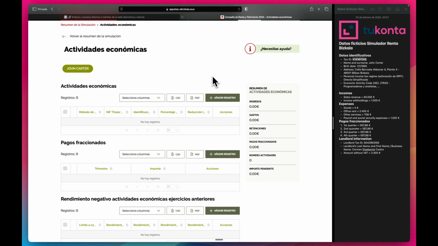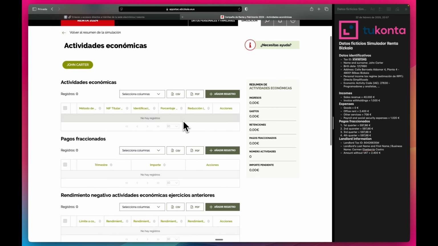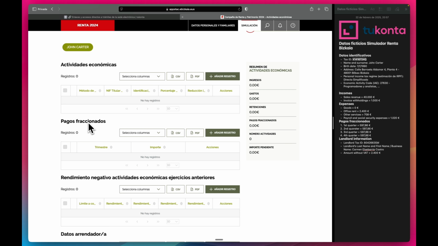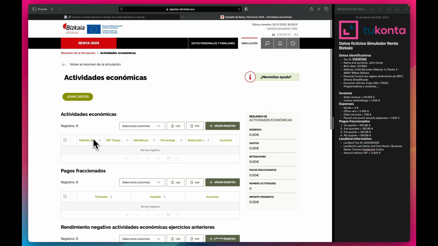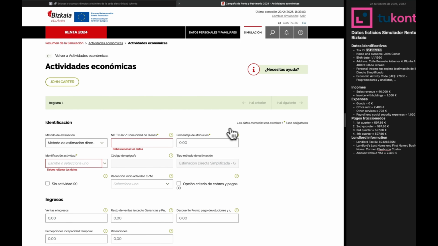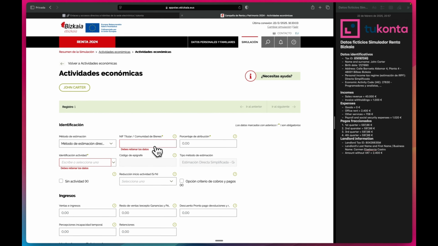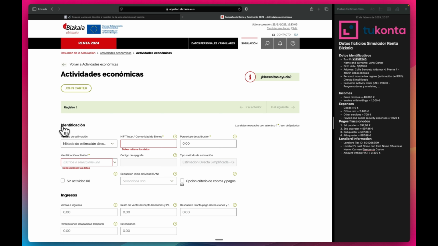So in this case, we can add a new activity with all the details. Here are the ones that we talked about, the advanced personal income tax payments. And here is the landlord's information. So yeah, let's add a new record here for the activity. In this case, we're going to start with the